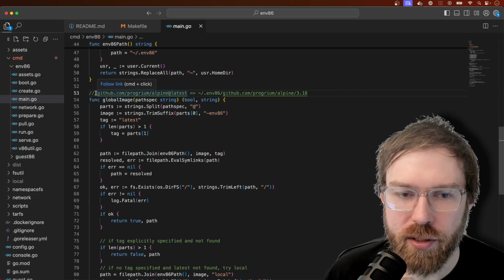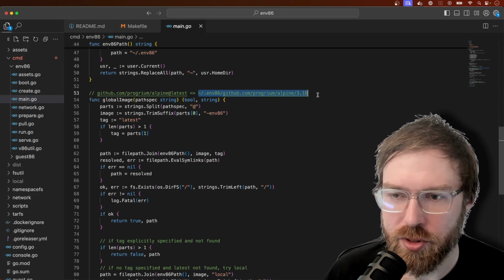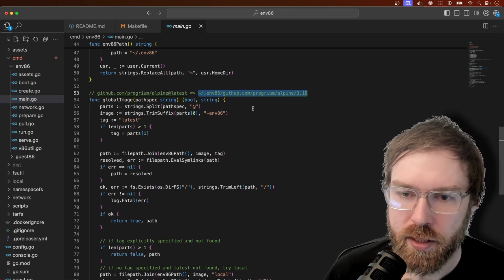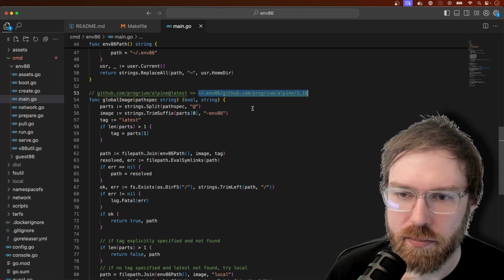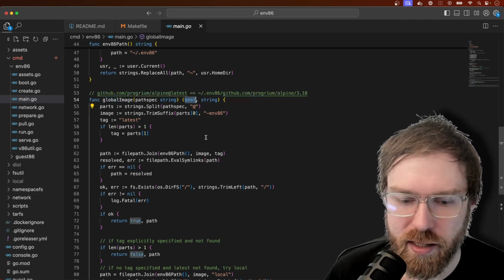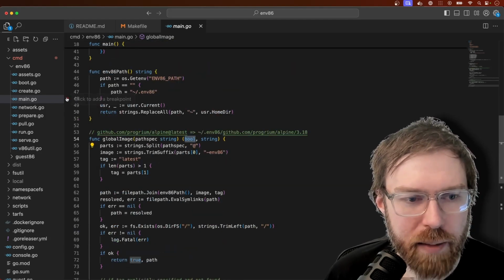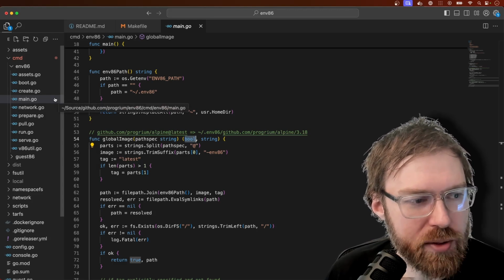Basically, this function will convert this into the actual path that it will use to store or read the image. So all this is doing is giving us a path and telling us whether or not it exists. It's not that complicated, but it's just kind of tricky to make. So let's go into the actual